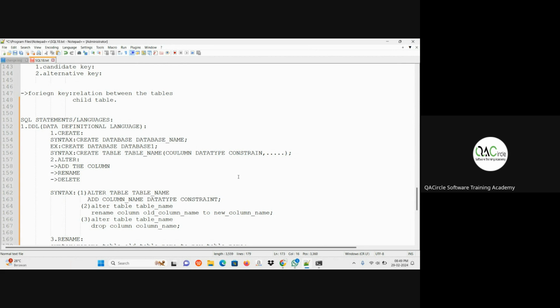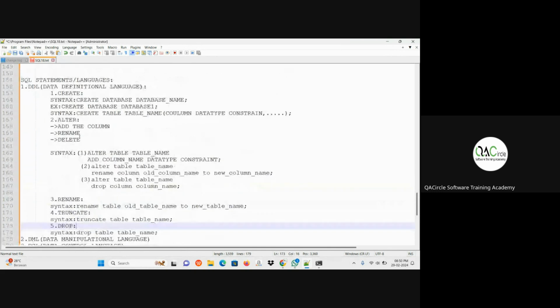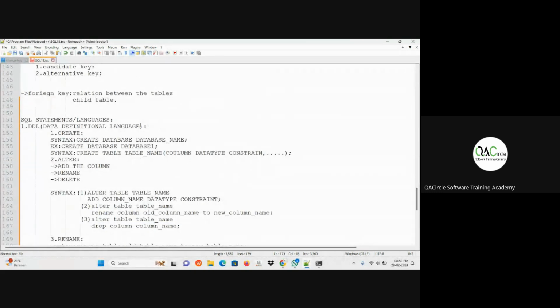Done, everybody? Okay. Next, take down the heading SQL statements or languages. Under that, take down the first one, DDL.